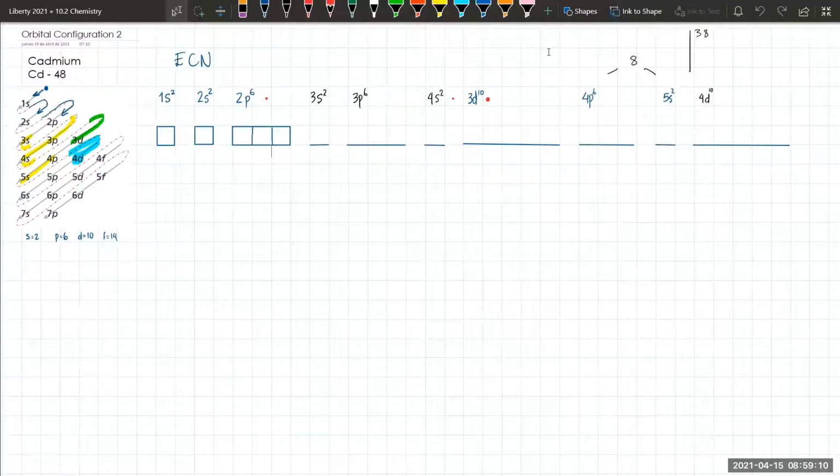Well, in the video it's quite nice because I already had printed my boxes. But when you are working in your notebook, you can make the tiny boxes, but it takes a while if you do it. So we start filling the boxes. Because here I have two electrons, I'm gonna have two arrows inside a box. So it could be one arrow up and one arrow down. We always begin with the upward arrow. Then the next one is